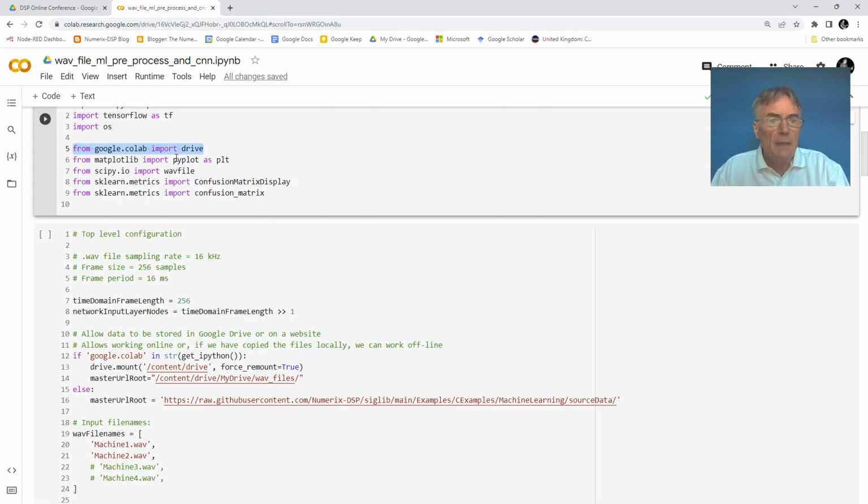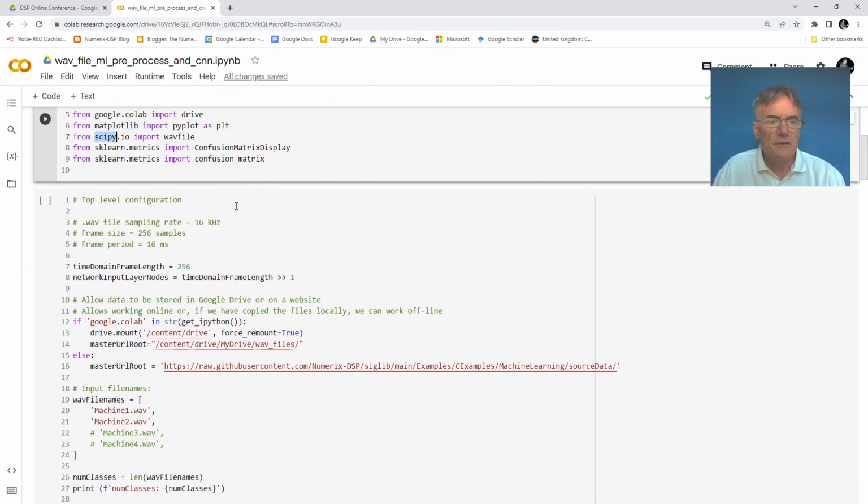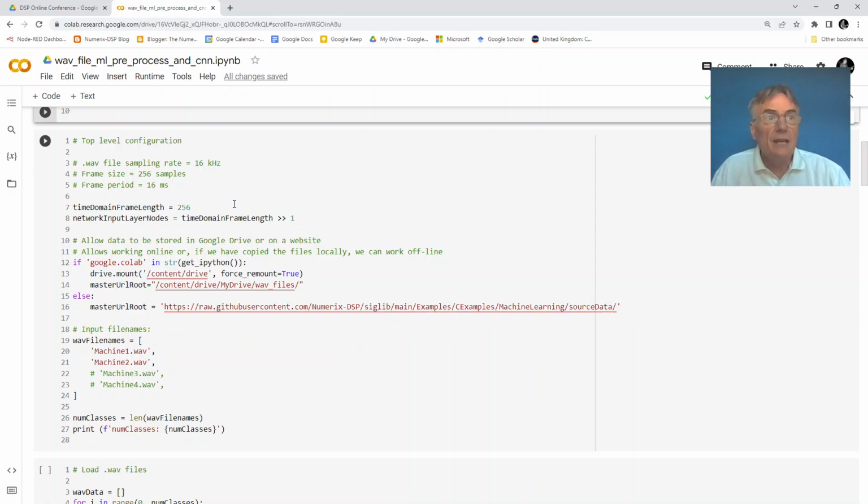We're going to use matplotlib for plotting some graphs. There are various different ways of importing WAV files into a Jupyter Notebook. I tend to use the SciPy WAV file module, very good. And then we're also going to use scikit-learn for plotting some graphs. Okay, so